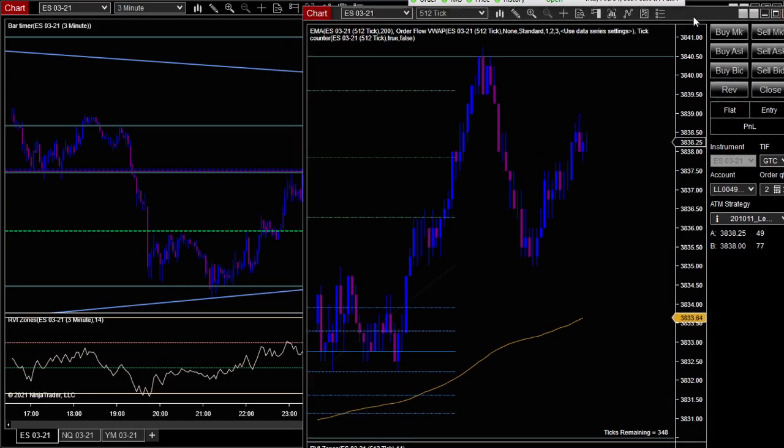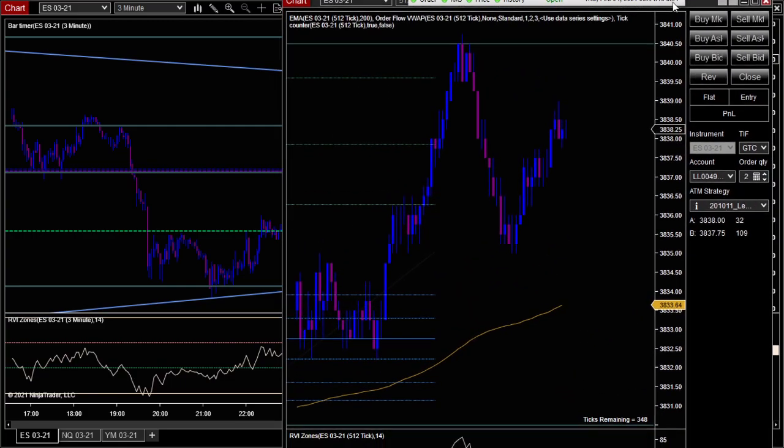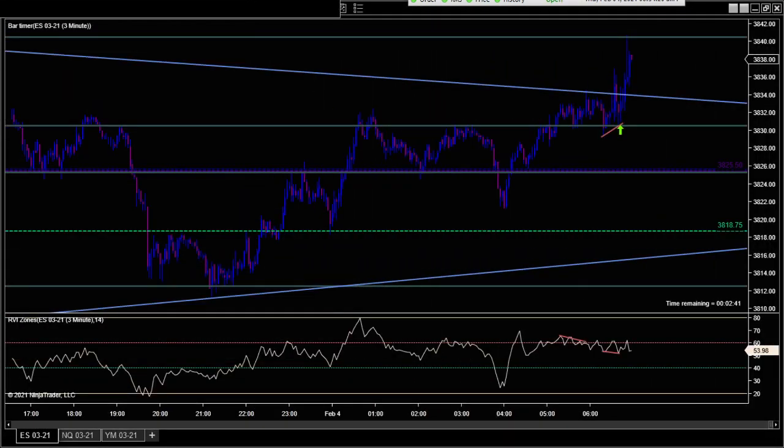Still seem to be trotting along here on this 512 tick, inch by inch. No real signs of reversal on the small time frame there. Doesn't mean it's not going to, but